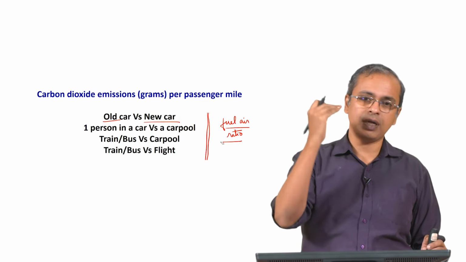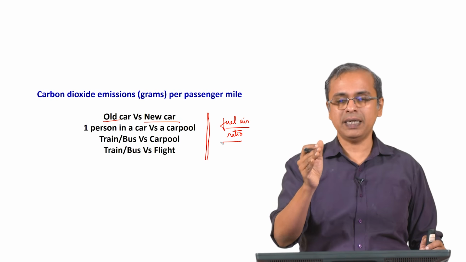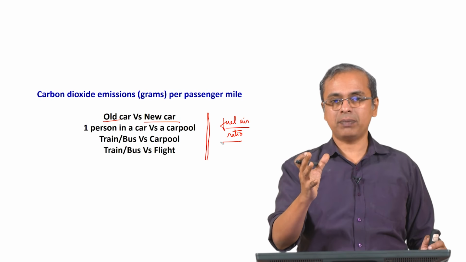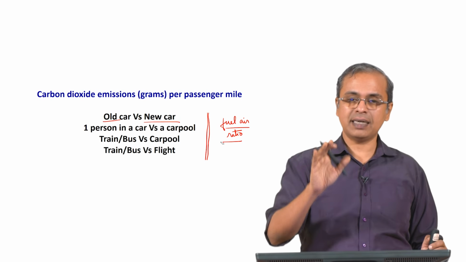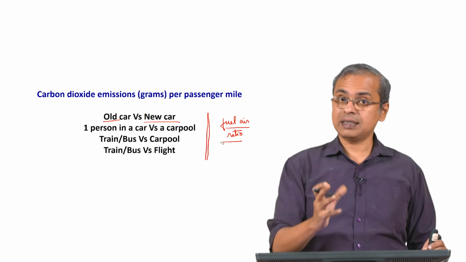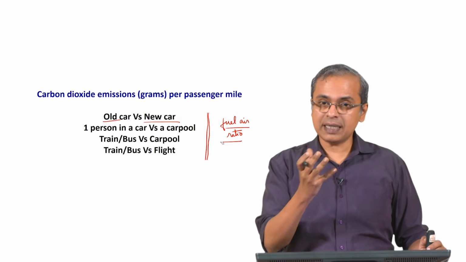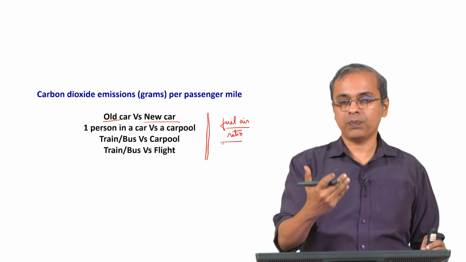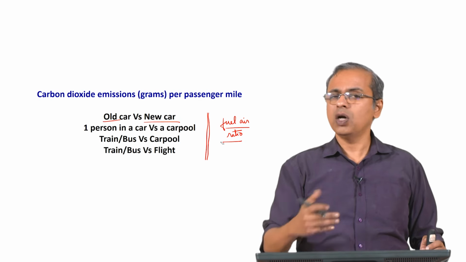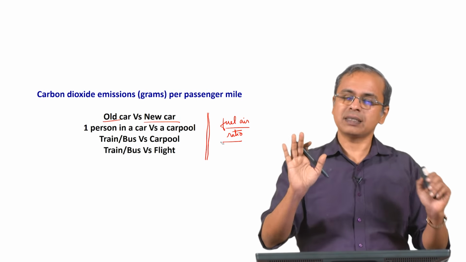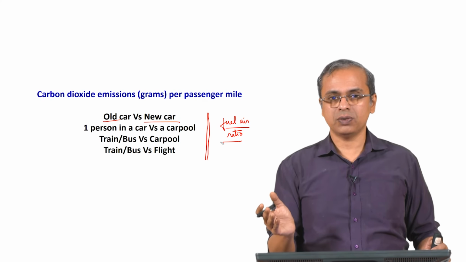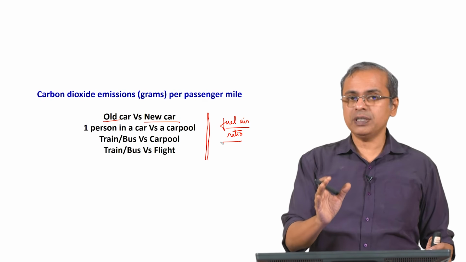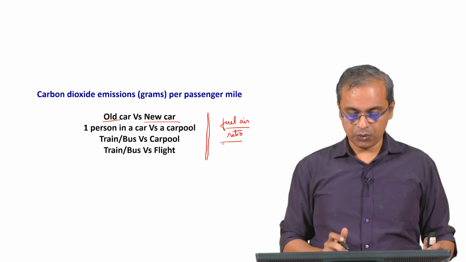So if you are on a highway and you are smoothly driving at some speed, then it adjusts the engine parameters in some way. If you are continuously accelerating, decelerating in a traffic situation, it adjusts the engine in a different way. So all these adjustments and fine tuning possibilities have come only in the very recent years. Old cars had one set point, they would more or less run in the same set point. So in many operating conditions they were wasting huge amounts of fuel. So from a pollution perspective, old cars are vastly more polluting than new cars.